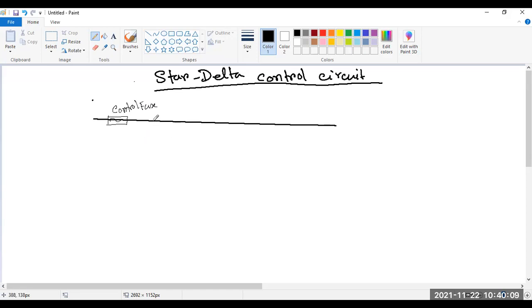Okay, then it is coming. Look, this is your backup fuse.